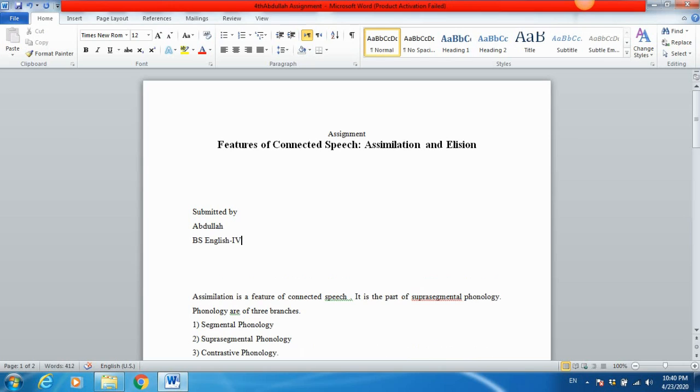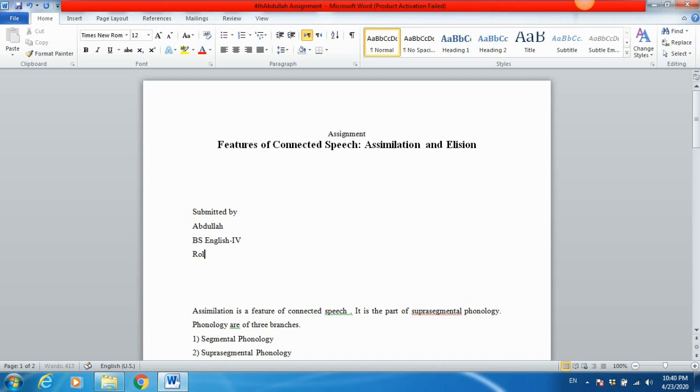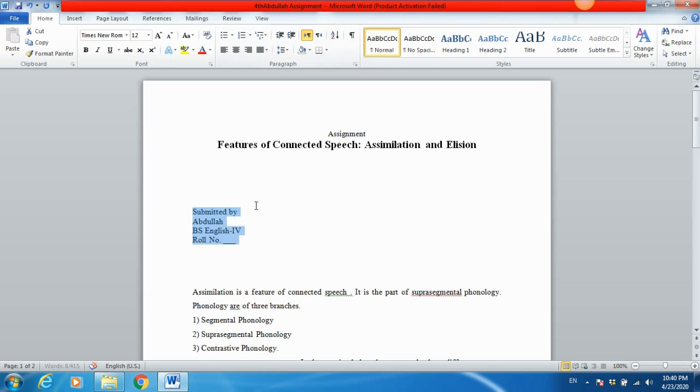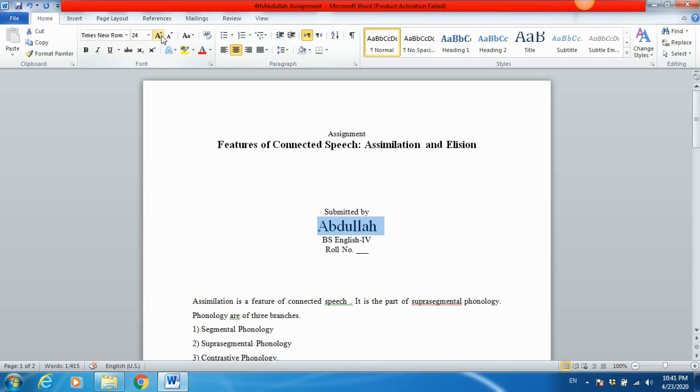Okay, you can even write your roll number as well. After this, usually we keep space between them, only the minimum space, like 1. After this we can center them. Your name can be a bit larger, like you can click on it.